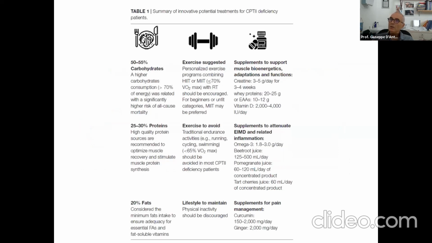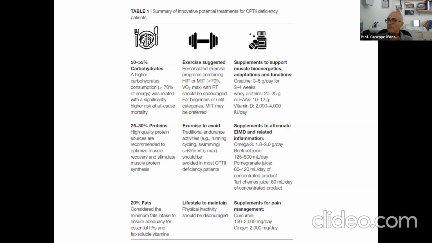So to summarize, our innovative potential treatment for CPTII deficiency patients, and in general for subjects carrying metabolic disorders of lipids, is a dietetic approach based on higher proteins, 25 to 30%, lower carbohydrates than those generally suggested, and 20% of fats. The exercise suggested is a personalized exercise program combining HIIT or MIIT at 70% VO2 max,